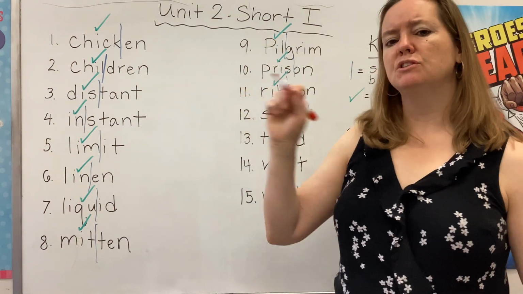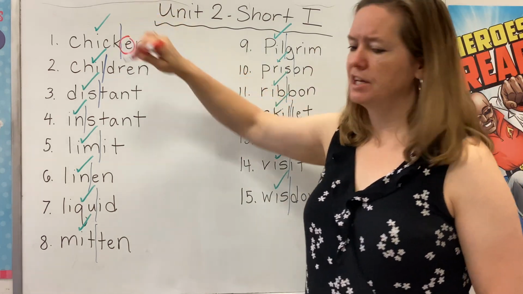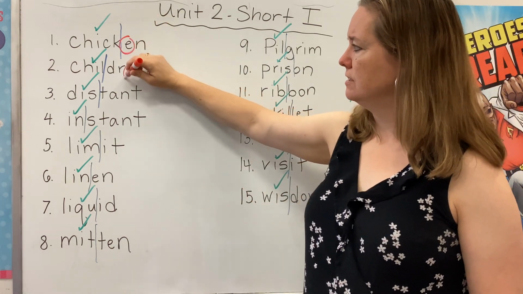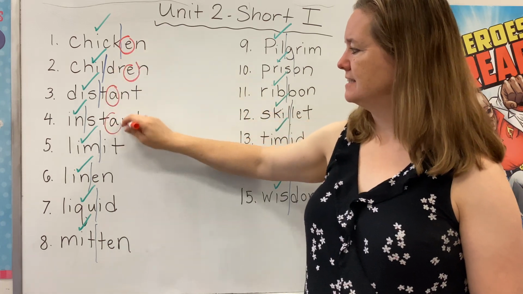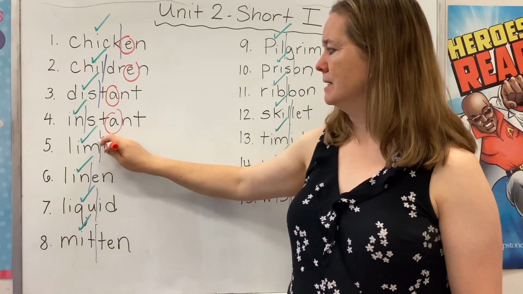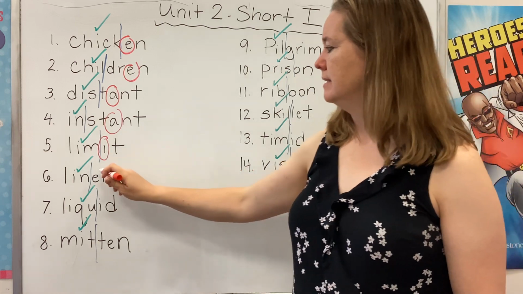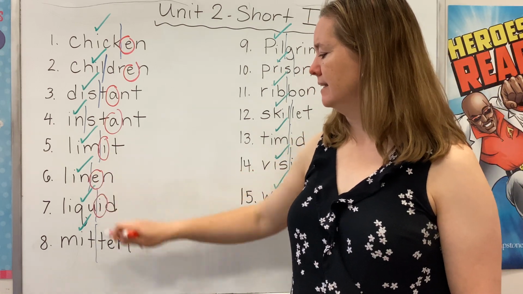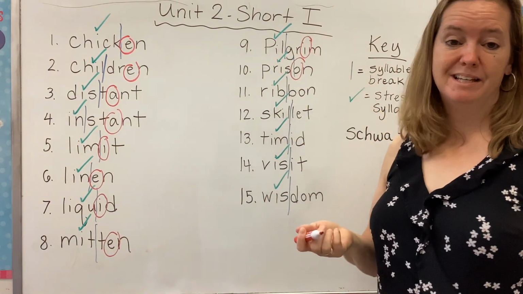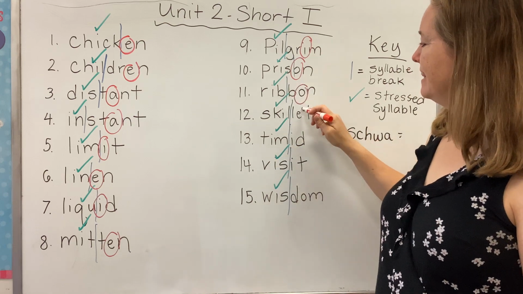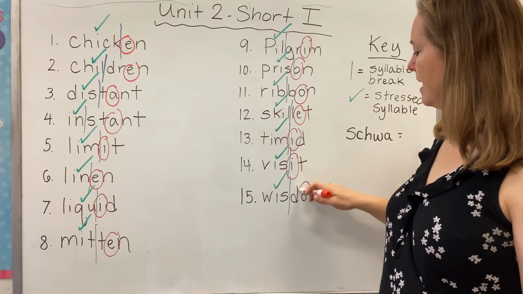And we're going to go through and circle any vowels that make a schwa sound, such as the E in chicken, the E in children, the A in distant, the A in instant, the I in limit. Notice different vowels all making that schwa sound. Same thing with the E in linen, the I in liquid, the E in mitten, the I in pilgrim, the O in prison and ribbon, the E in skillet, the I in timid, the I in visit, and the O